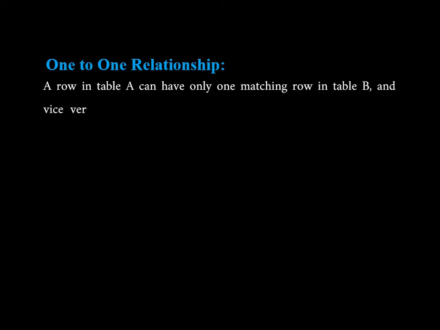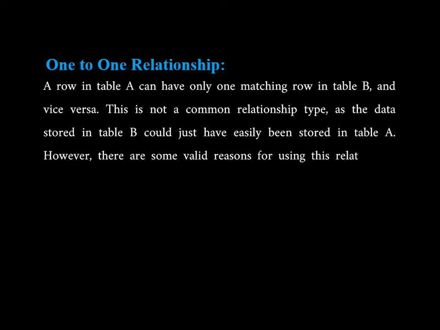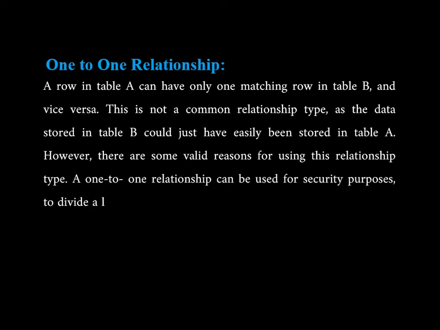So let's see how we are going to create it with these two tables. In this relationship, first we are going to create two tables: first, for example, employee, and the second, pay table. Once you have created these two tables, you are going to find one common field between them. If there is no common field, you are not able to create a relationship, because to create a relationship there should be one common field. There should be a primary key and a foreign key. By using the primary key and foreign key, we can create a relationship.